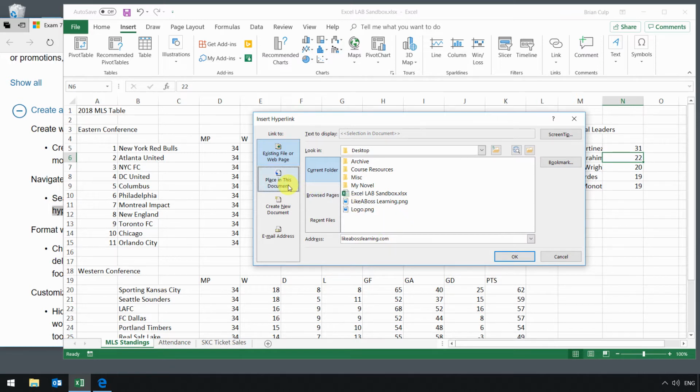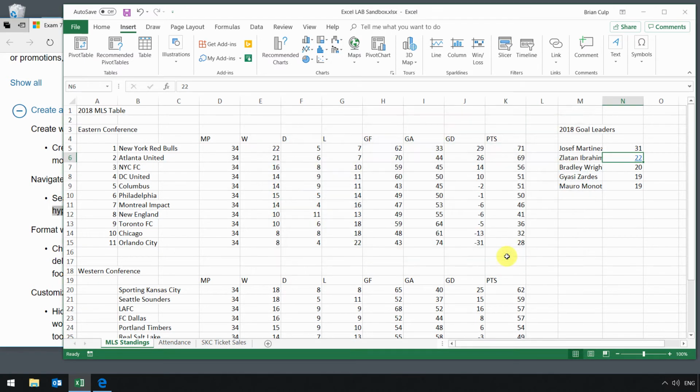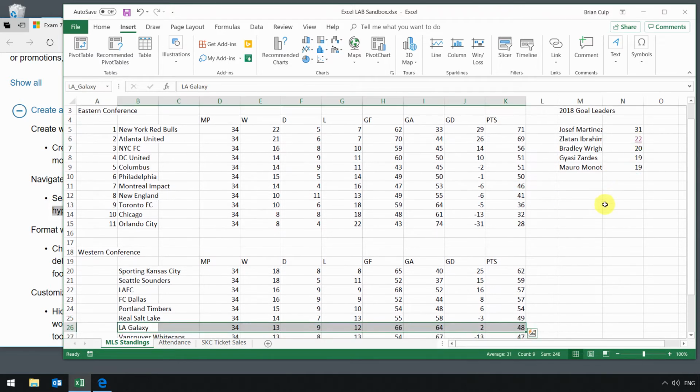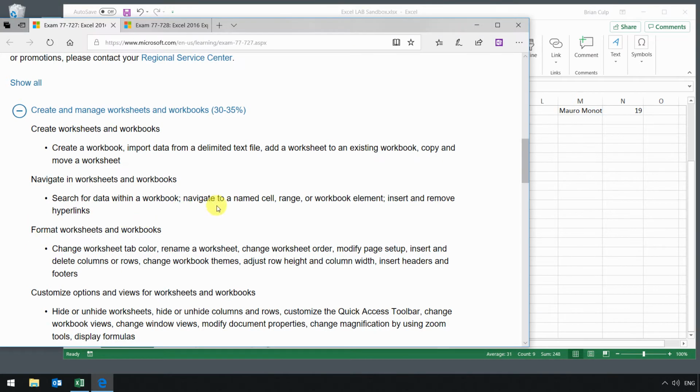I'm going to navigate to a place in this document to complete the scenario, and I'm going to complete this by adding a named range. So these are defined names here. So I'll choose LA Galaxy, which I've previously set up, and I'll show you how to do this in just a moment. So I'm going to click on OK, and now it changes that entry into a hyperlink, and you can click and it'll take you to the named range,